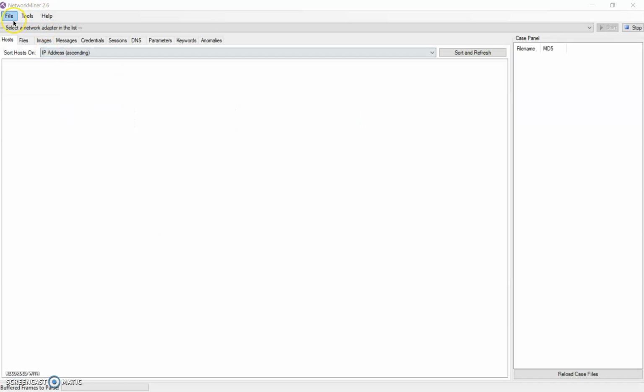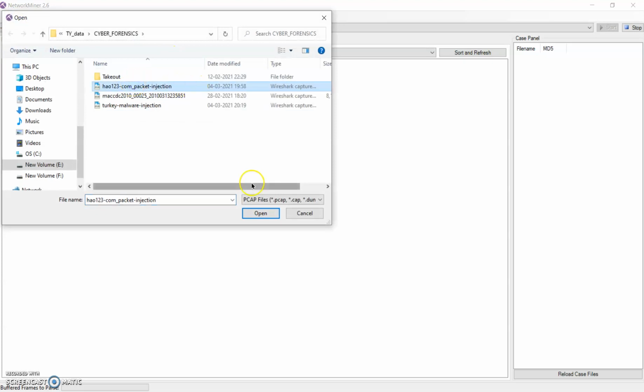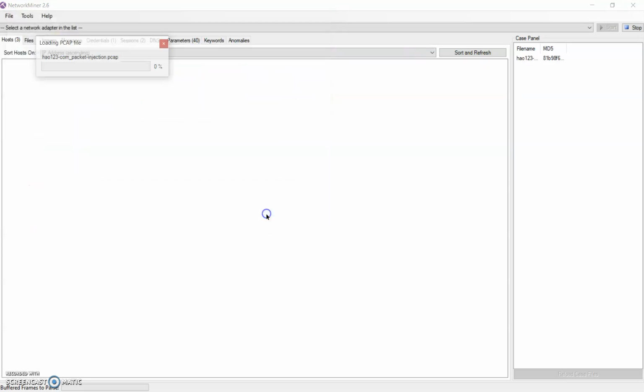Now we'll do our second file. We select the packet injection PCAP file. The analysis is done, and here we can see that 3 hosts are involved.